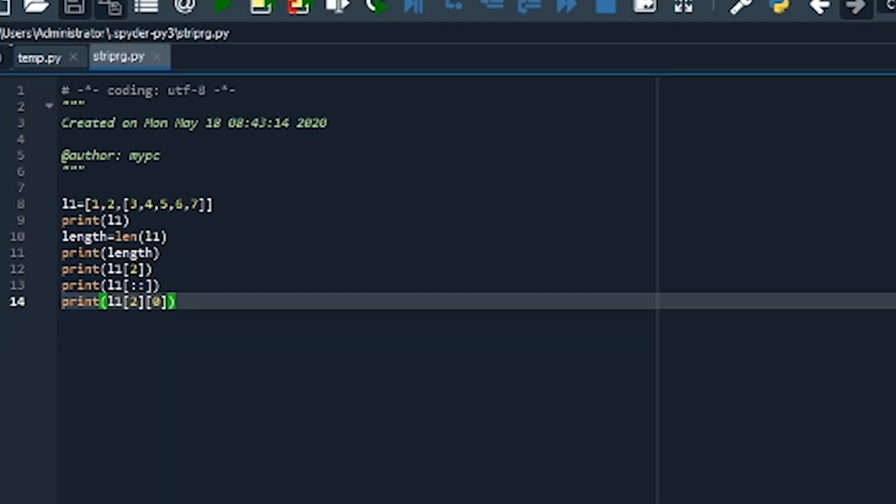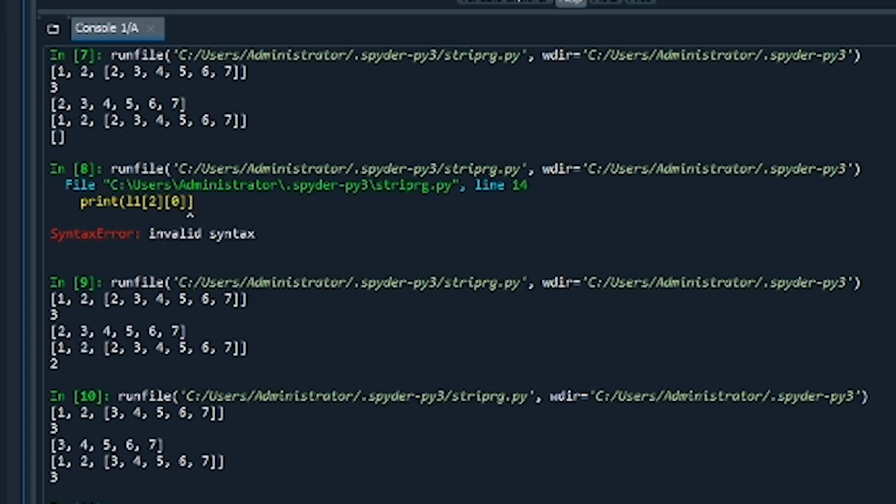So if I write here print, now you see I have given the print statement along with L1 2 0. So L1 2, that means the second index, that is the third element. Here one more list is there, and 0 is the 0th index of the third element. So let's see what comes. It should be 3.